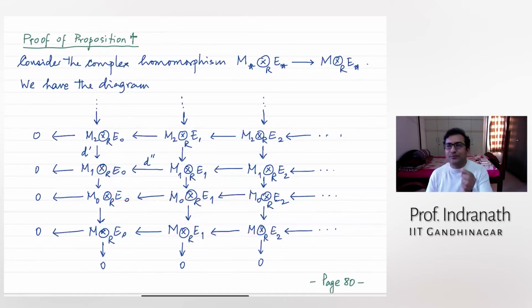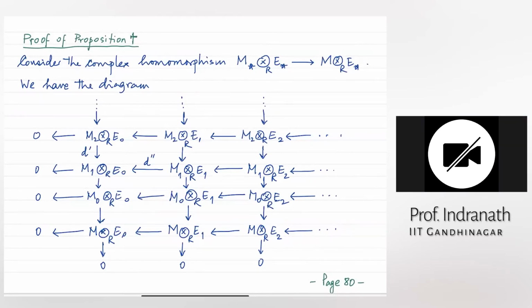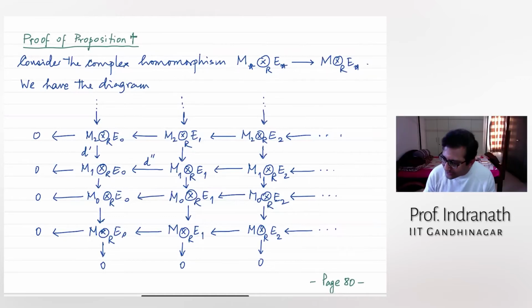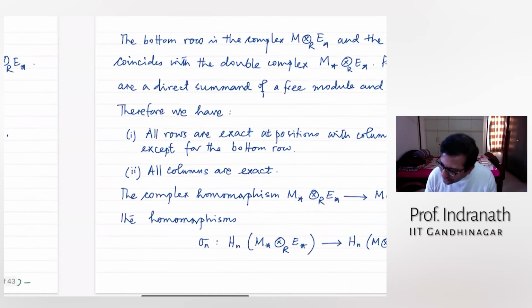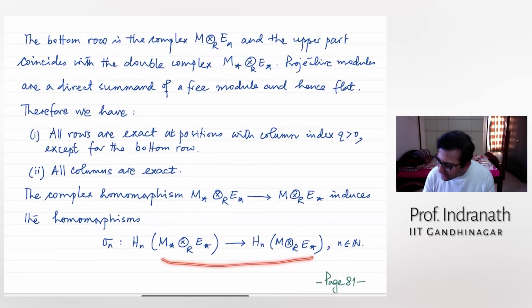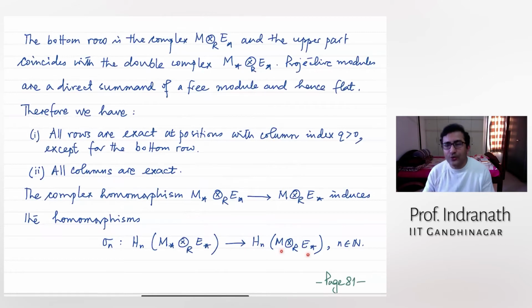Basically this position does not really matter, but as I have said already, in diagram chasing it is very tempting to hand wave, and that leads to a lot of errors. So one has to be a little careful. I have only given you this, and maybe you can verify yourself what happens if you take M star and E here, and how that picture will change. That's the only thing that I wanted to point out.